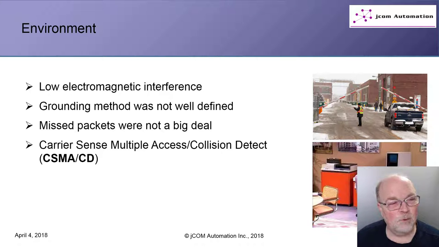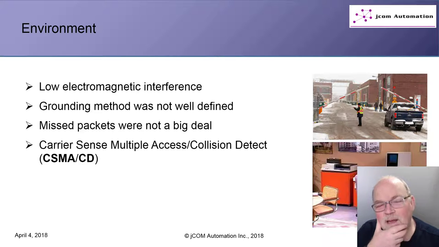In these early days of Ethernet, we had low electromagnetic interference. Everything was office based. The grounding method wasn't defined. But also, missed packets weren't a big deal, because Ethernet 30 years ago was carrier sense multiple access collision detect,